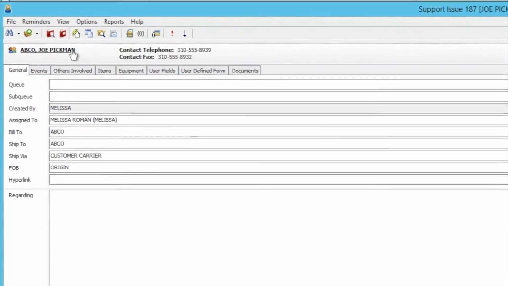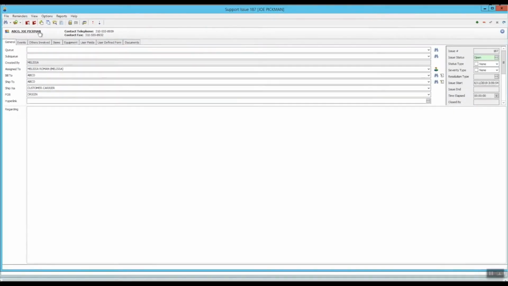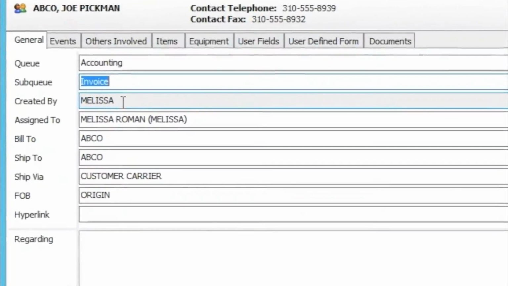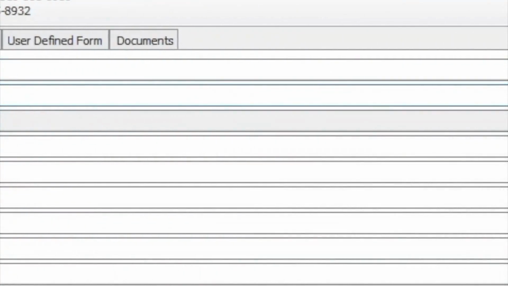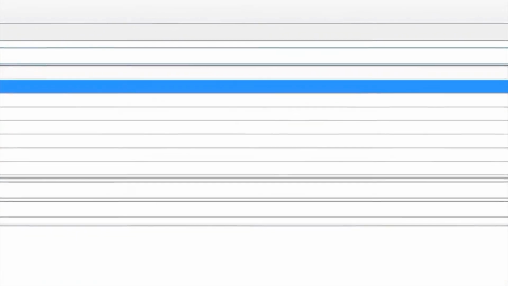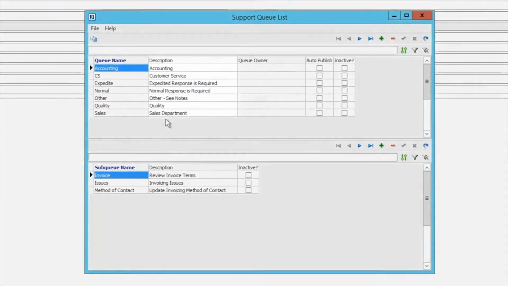I've created a support issue from the screen to demonstrate that feature. Next, we'll see how an RMA can be created from the support issue while reviewing this activity type. Queues and sub-queues are created for filtering and reporting. The list is a user-defined drop-down, and a quick description of the issue can be typed here for identifying the